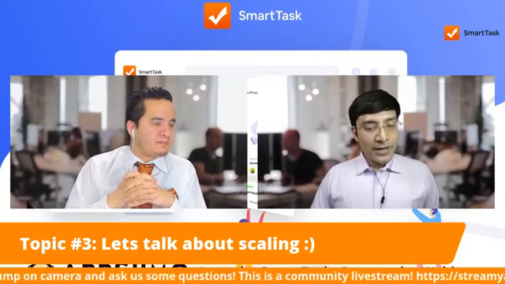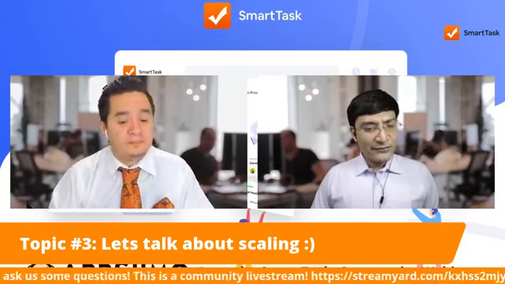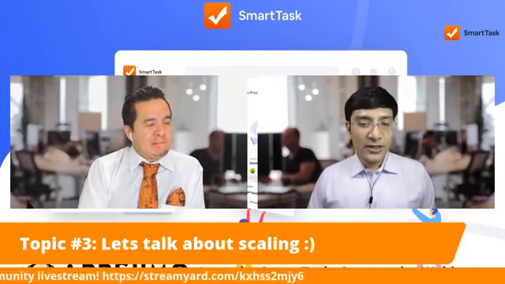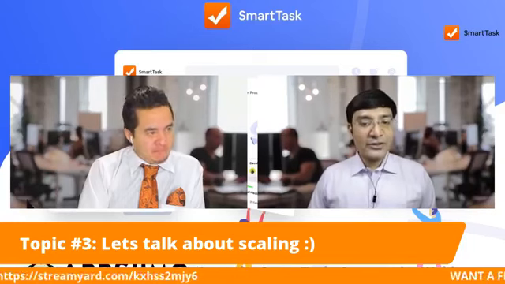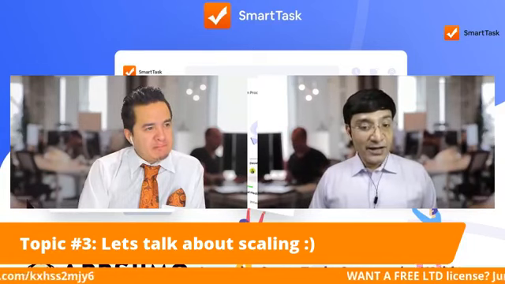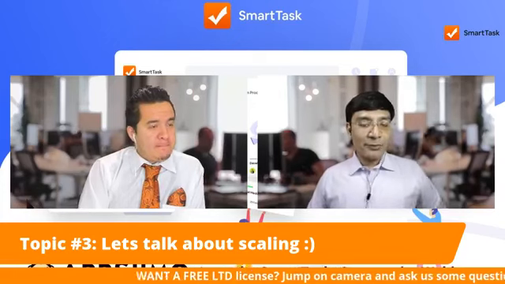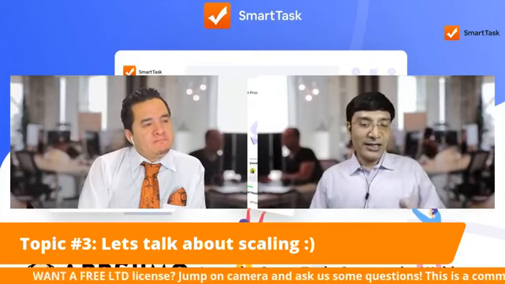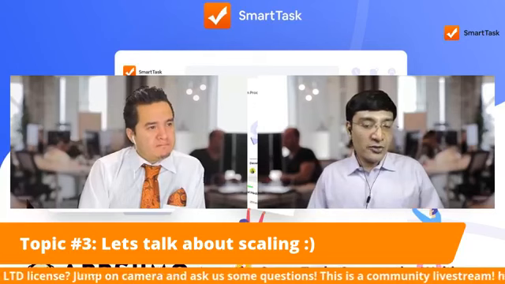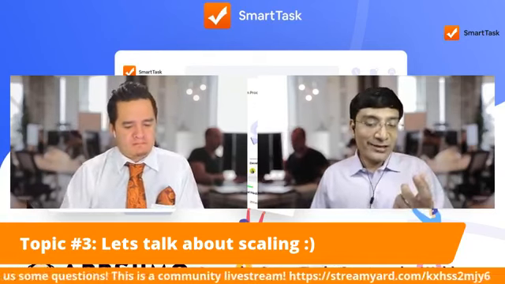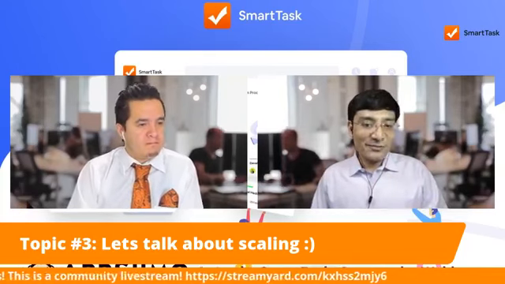So like you having a particular email ID for Teams? Correct. Okay, yeah, you can do that. Makes sense. So for example, in SmartTask, what you can do is you can invite a guest user. Now the guest user typically gets every update in every task he is a member of. So let's say you have a project, you have like 10, 15 tasks in that project, add that guest user into those tasks, and whatever updates happen, that goes as an email in the Teams channel. Makes sense. You can do that.